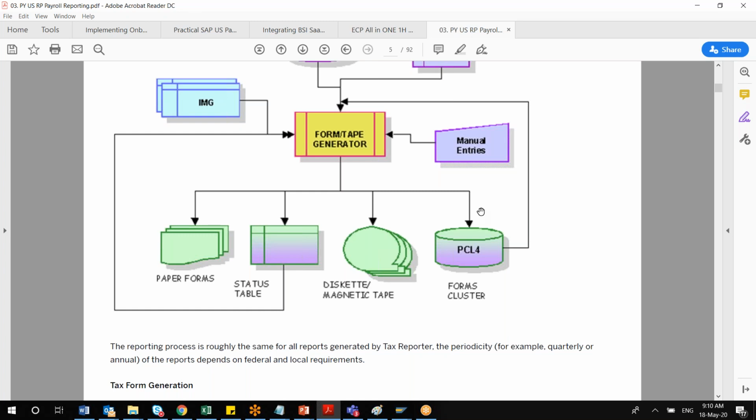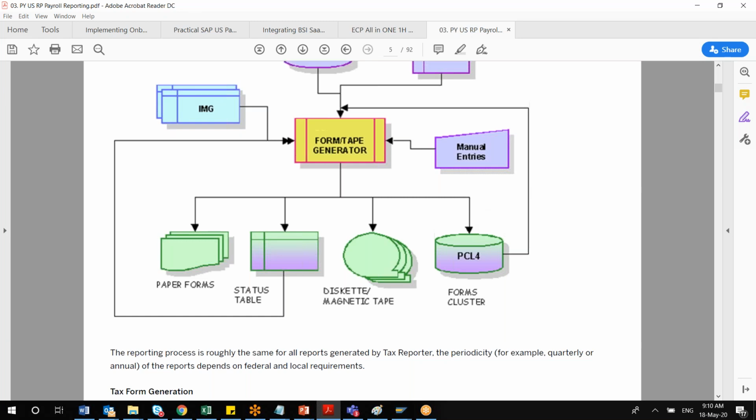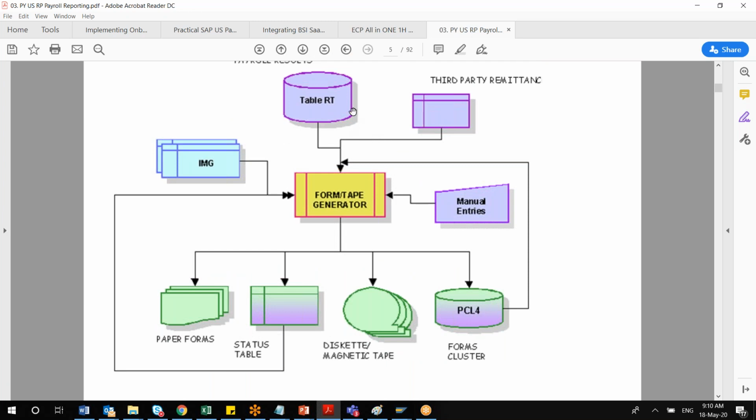Then it will go to your cluster table. As I mentioned earlier, in EC payroll all these forms are stored in the PCL4 forms cluster. All kinds of forms are stored there. It will go and sit there, and finally there is table RT and third-party remittance for the reporting. But this is a centralized architecture.